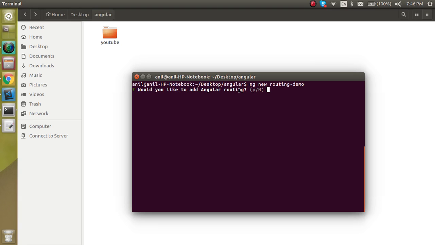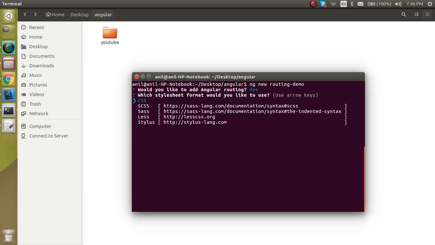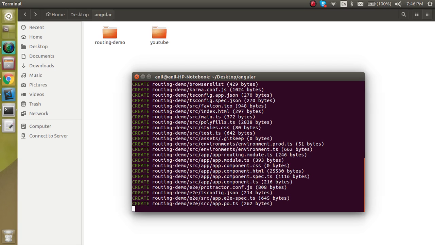If you select yes, then you will find a routing module in your files. All right, so we can just select yes for now because we need the routing. It will also ask some other questions like CSS, SASS and so on, so I can just say yes for them. All right, so now let's say we select no when the project asks about adding routing,